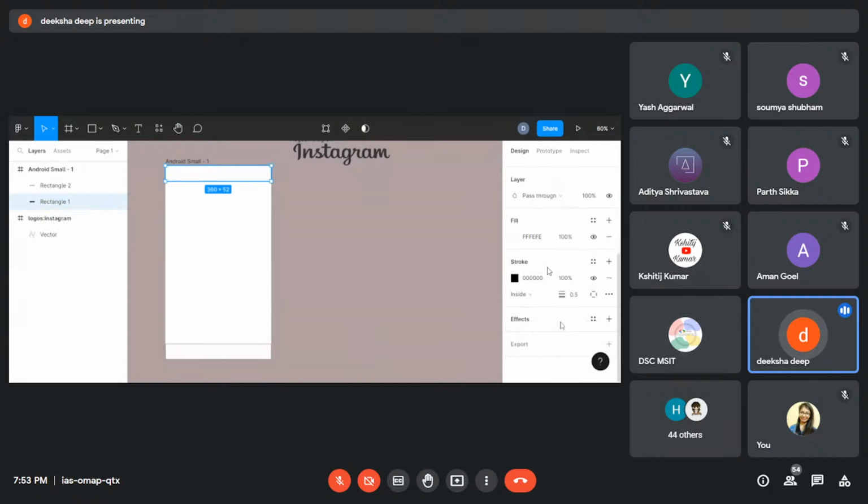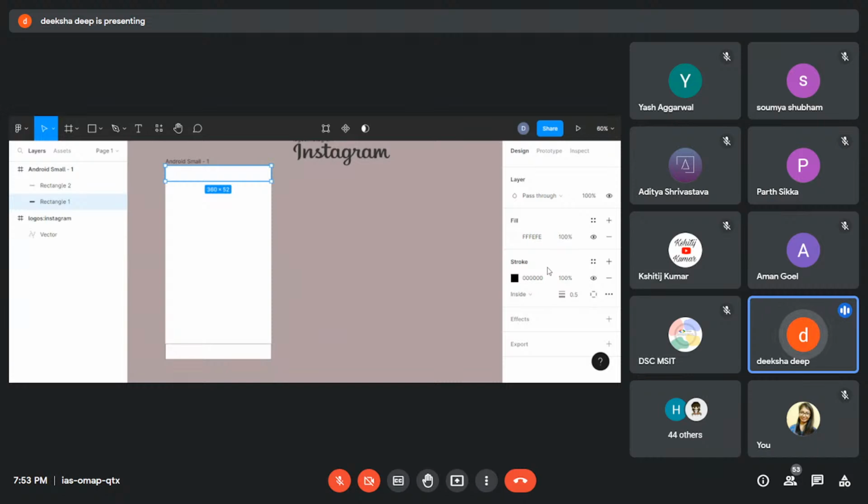Okay. You can add shadows if you want, like effect के लिए. So yeah, here is it. यहाँ से अपनी shadows add कर सकते हो, dark कर सकते हो, light कर सकते हो. It's all upon to you, but यहाँ पे हमें need नहीं है. So let's just drop it right now. Okay, so